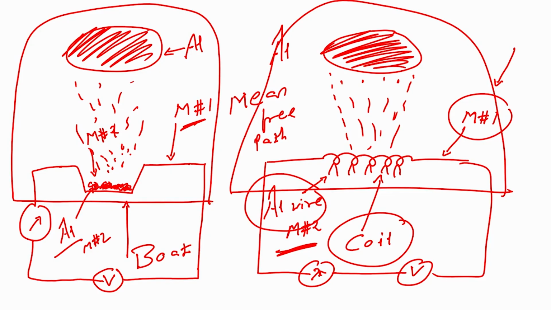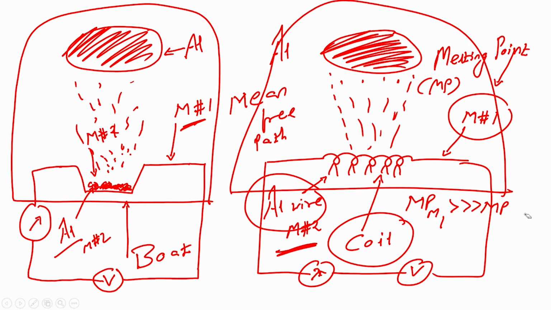that is the material which is loaded on the boat or coil, the melting point, let us say melting point we denote by MP. Okay. So, melting point MP of metal 1 should be way higher than melting point of metal 2. You got it? Melting point of metal 1 should be extremely high compared to melting point of metal 2. That is, the melting point of boat and coil should be extremely high compared to melting point of aluminum, and